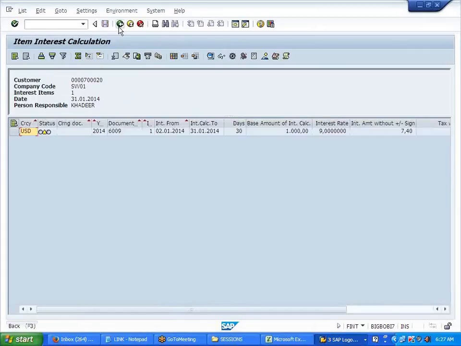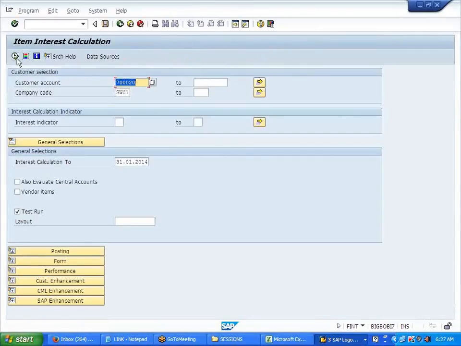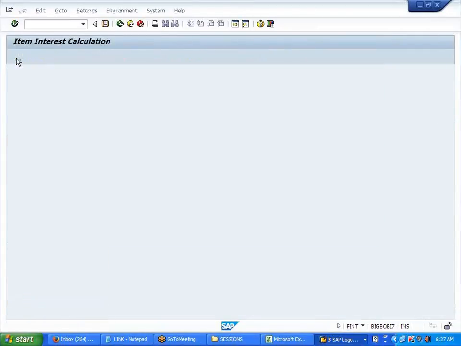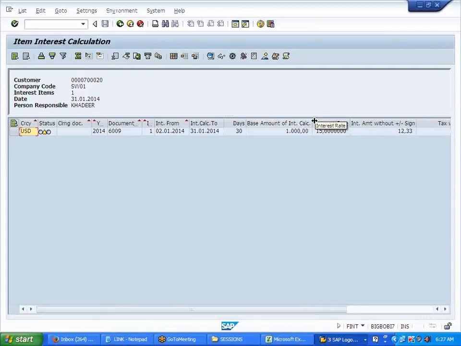I go back. Now you should tell me what it has done. Execute. What is the percentage rate now? 15. Earlier it was 9, plus 6 is 15. So the premium is what you are adding on to that interest, an extra amount you are giving.